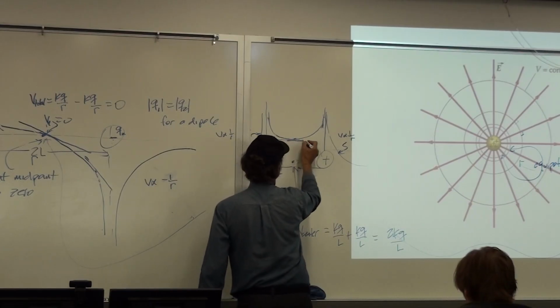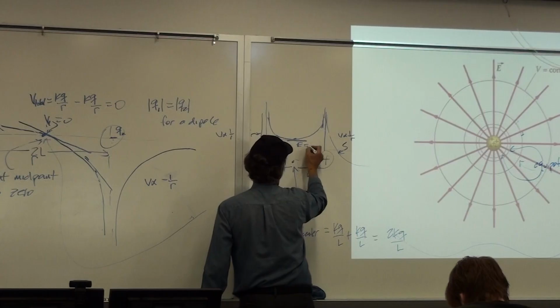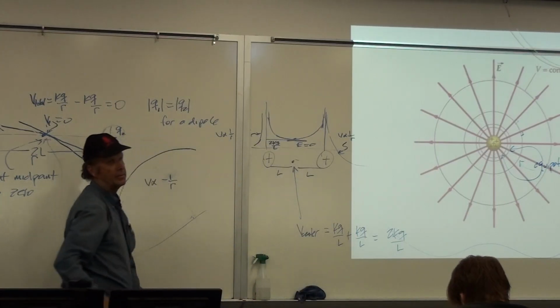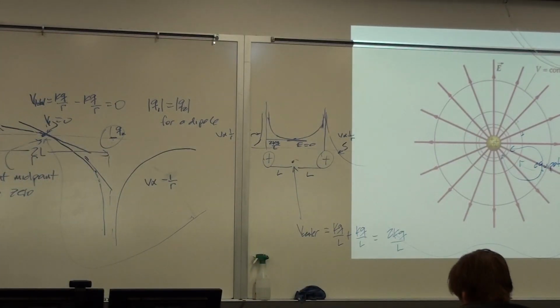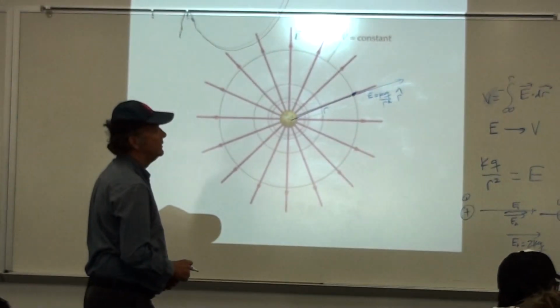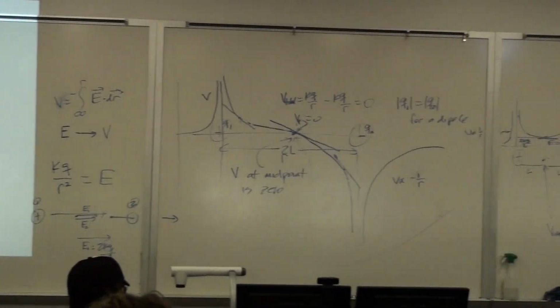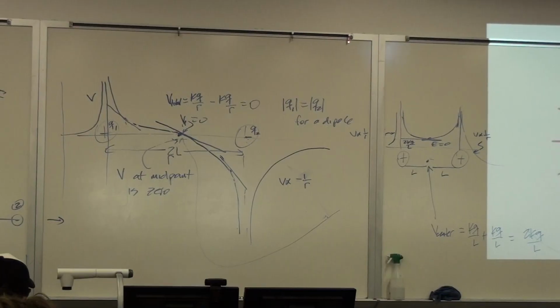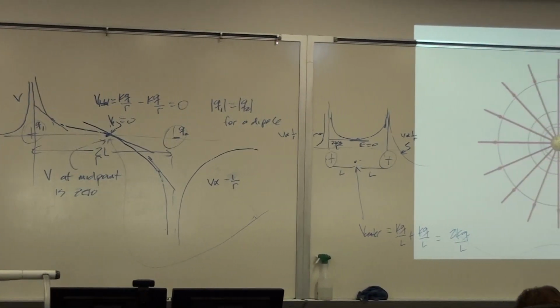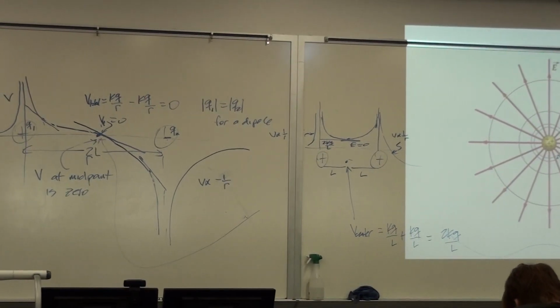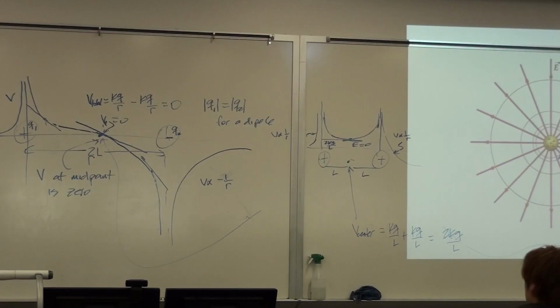But the slope is 0 because the electric field is the slope of that curve. Okay, and so you can pull that back out of the math just by doing the correct plot of the voltage versus r, and then looking at the slope of that curve